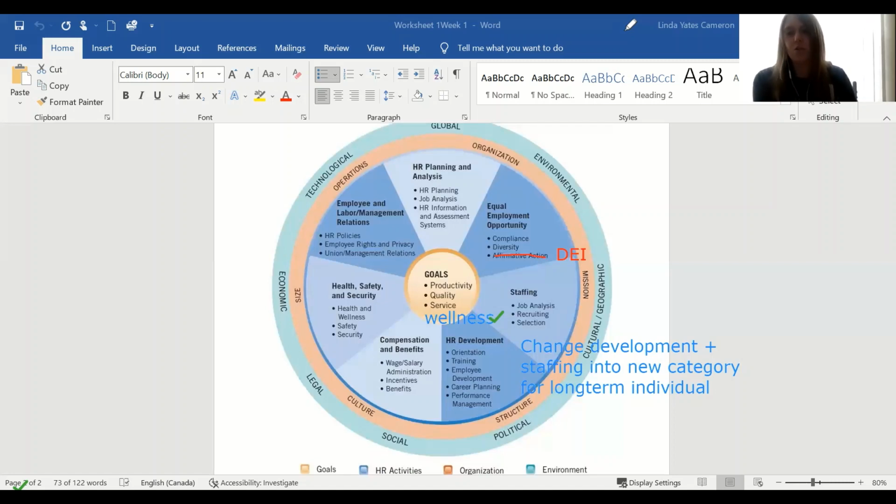So from the get-go, creating the idea of onboarding, or orientation in this sense, yes, it works with employee development, but I think it needs to be a little bit more extensive, so you're not going to lose somebody just because they want a lifestyle change. It's like, okay, how can we work with you from the beginning to make some changes? Or yeah, the reskilling thing is something I think a lot of us feel very personally, and it obviously is coming up a lot. So are you feeling that in a good way or a bad way?